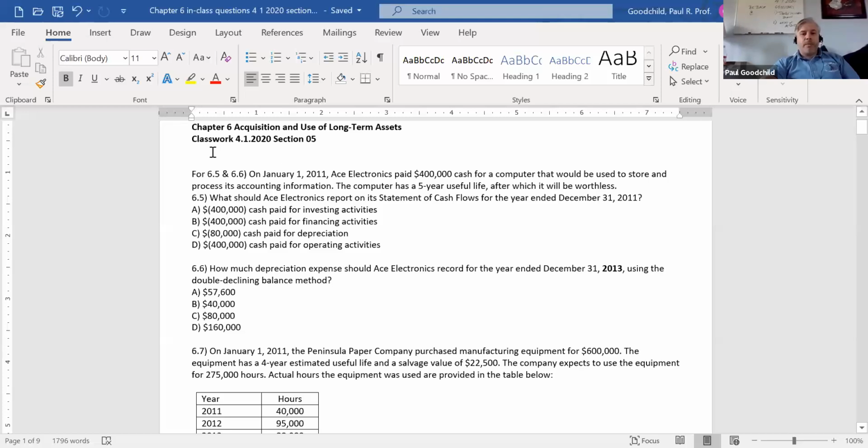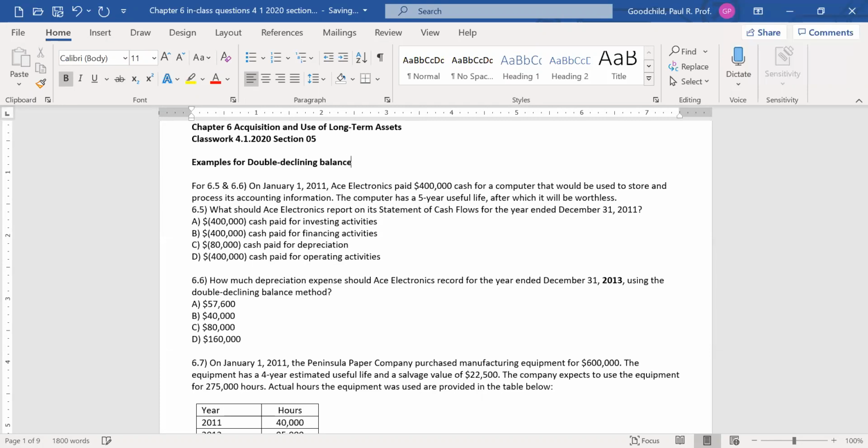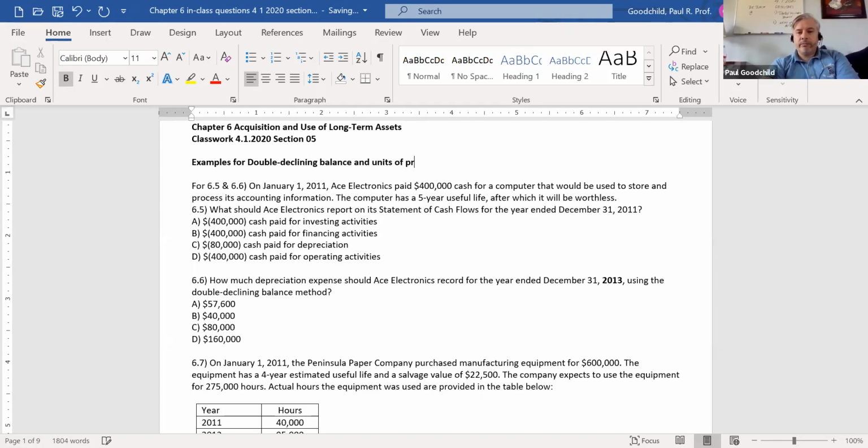All right, so today we're gonna be working on depreciation, and so I'm gonna do some examples for double declining balance and units of production use for depreciation of long-term assets. And so starting off with 6.5 and 6.6,